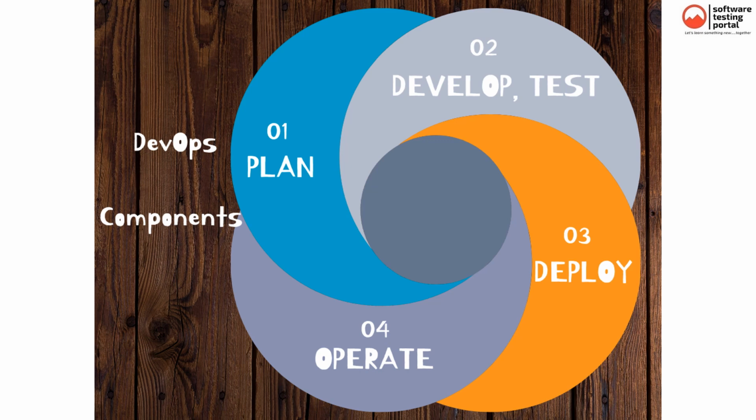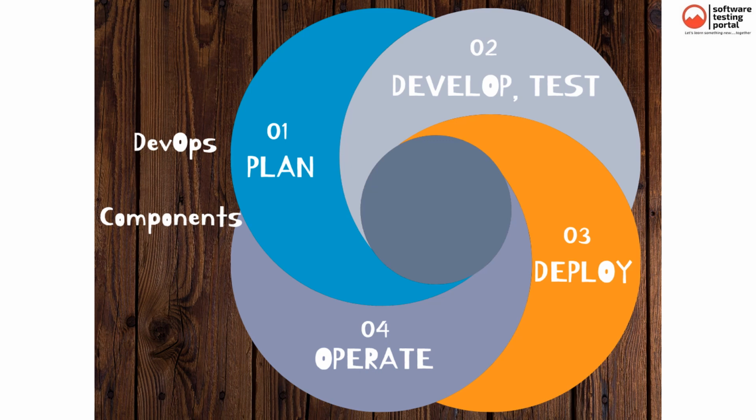The DevOps reference architecture shown in the figure proposes the following 4 sets of adoption paths or components. 1. Plan. 2. Develop and test. 3. Deploy. 4. Operate. First, in the plan component, DevOps uses Agile methodology to plan the development. With the operations and development teams in sync, DevOps helps to reconcile various competing perspectives, helping teams collaboratively establish business goals and continuously change them based on customer feedback, which improves both agility and business outcomes.